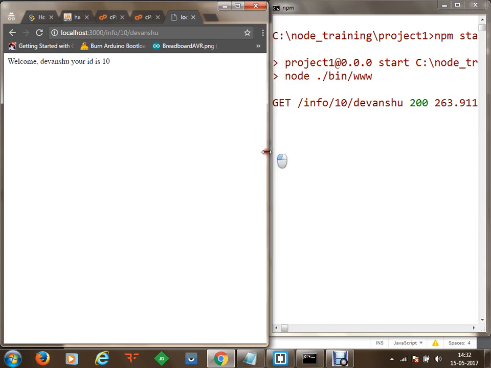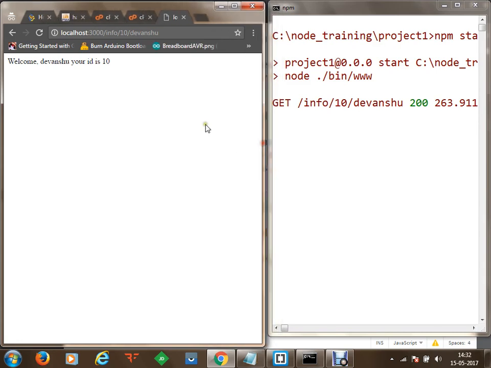Let's have a look. Let's say on the left hand side I have my web application, and on the right hand side I have my server. This is the console screen which is running, and I want to get the logs on this console. So how can we do that? We can log requests, we can log headers, we can do a lot of stuff. Let's have a look.